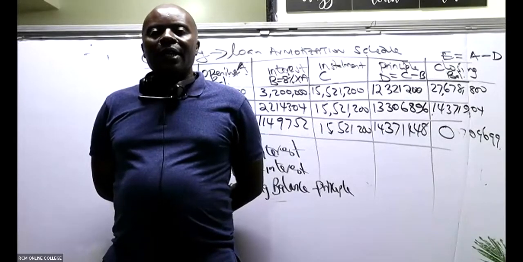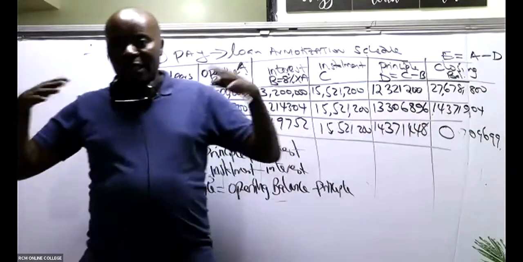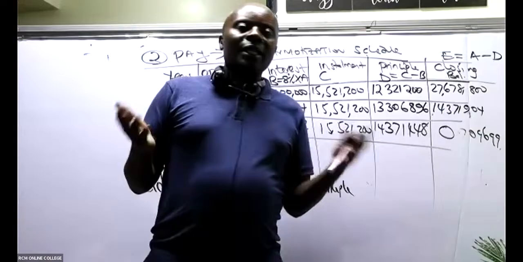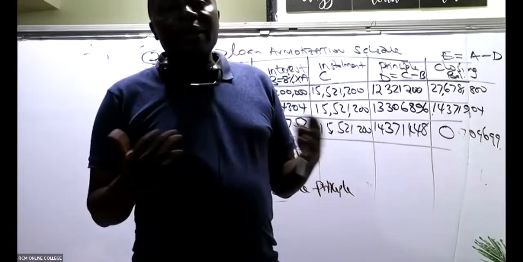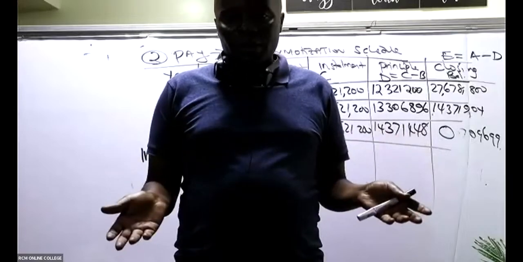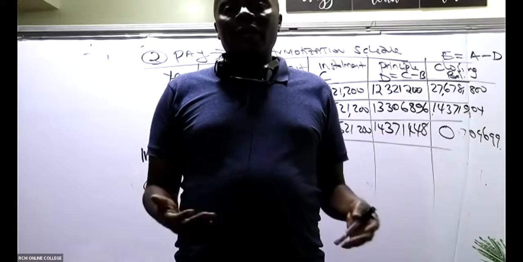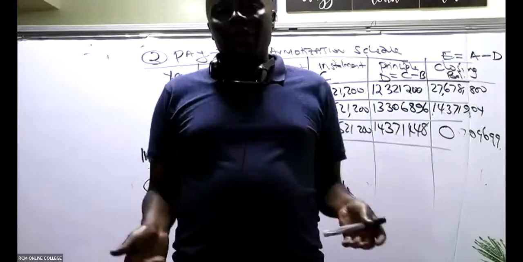All right. Ladies and gentlemen, after that, now I've been able to pay. This thing has amortized to 0. The next thing, then, I'm in business. When I'm in business, I must always think about the impact of this in my financial statements. So the next thing that you will do is to go ahead and give us an extracted income statement, because